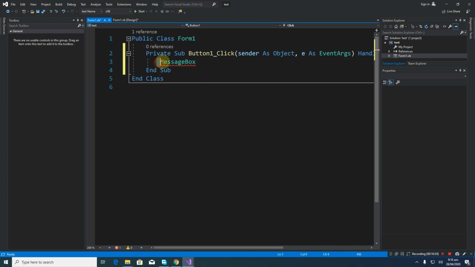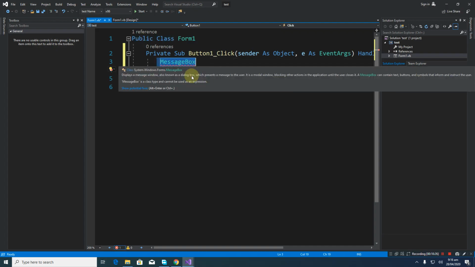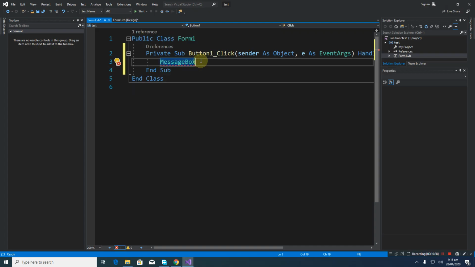This message box is a valid code, but it doesn't work alone. When I add a dot, it will bring up event codes. So I need the show. Now when I say message box.show, I haven't done anything. I need to show something. Now you can see that